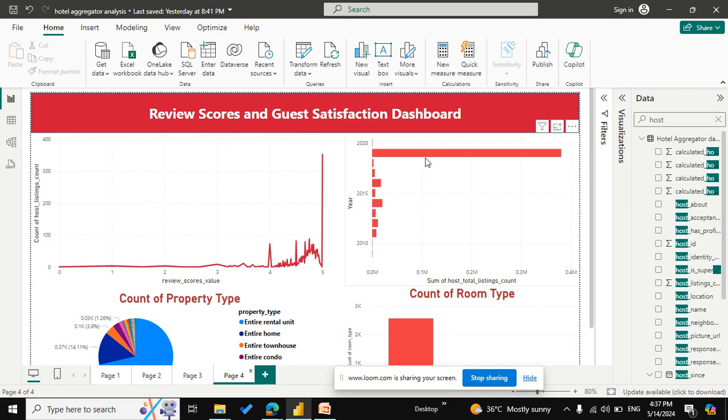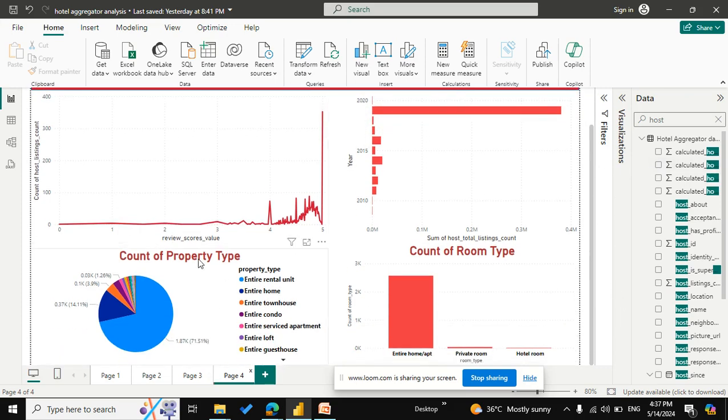And the next one is that in 2019, the highest count was recorded, almost 3,80,453. And this is a pie chart. Here in the pie chart, I analyzed property type. If you look over here, 71.57% entire rental unit is leading.